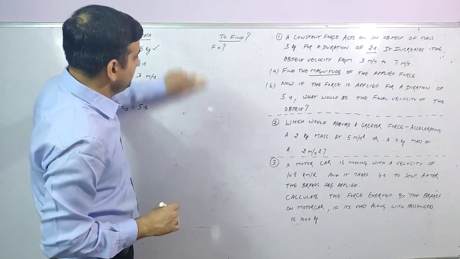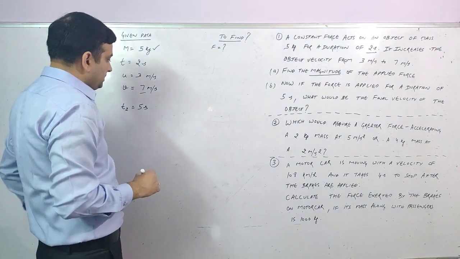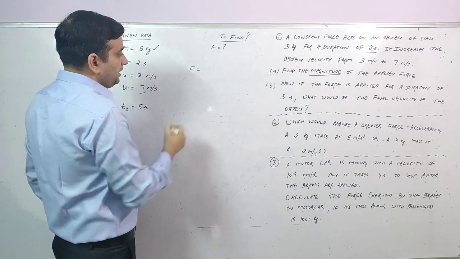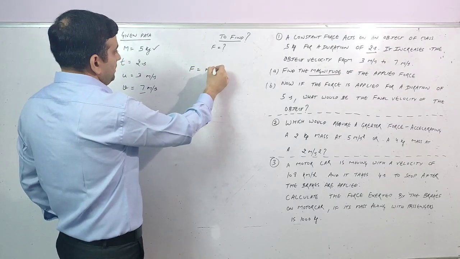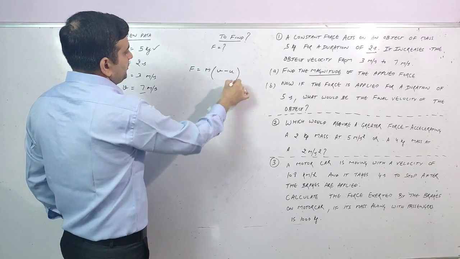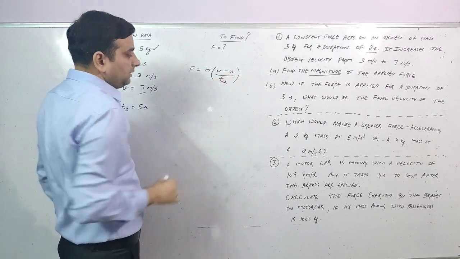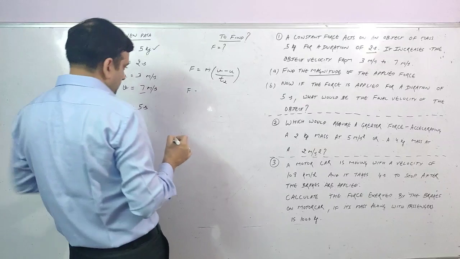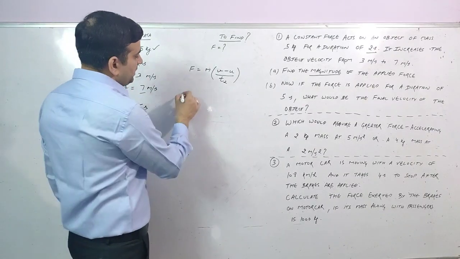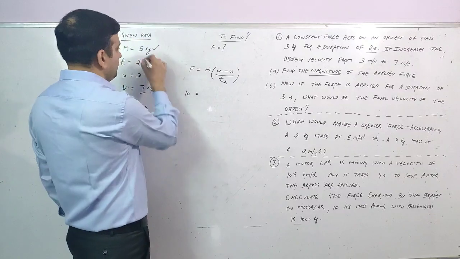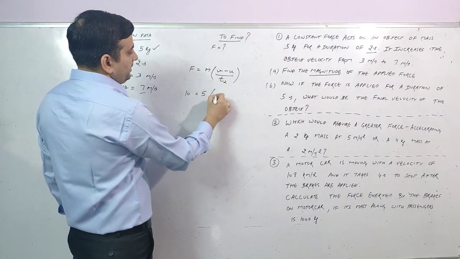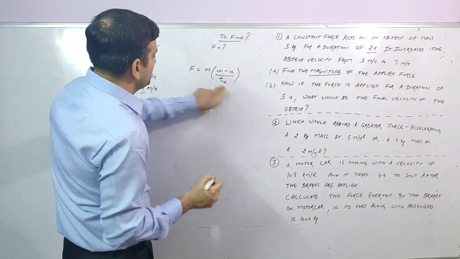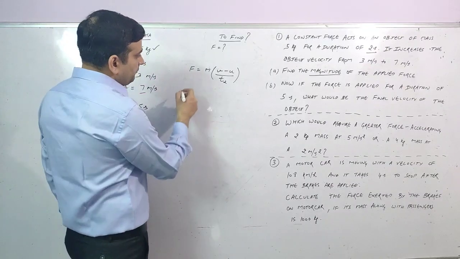So how to solve the second part? To solve the second part, you can again use the formula F is equal to m times v minus u by time, the other time that we have to take. So F, of course, we have already calculated in the first case, which is 10 Newton, mass is same, 5, final velocity we have to calculate. But rather than doing it like this, first simplify the expression, so it will be easy for you to solve this.